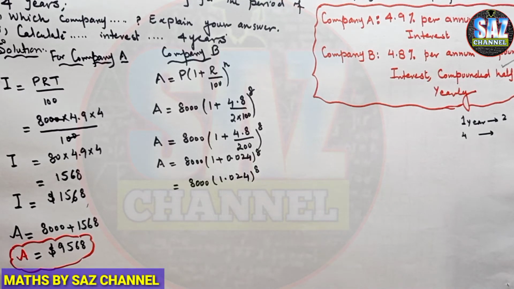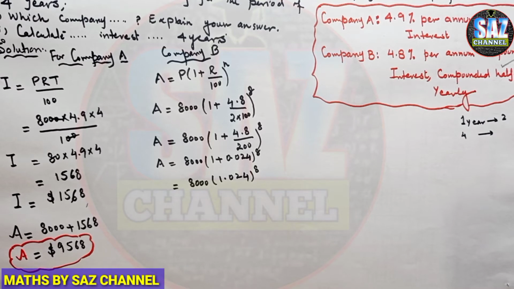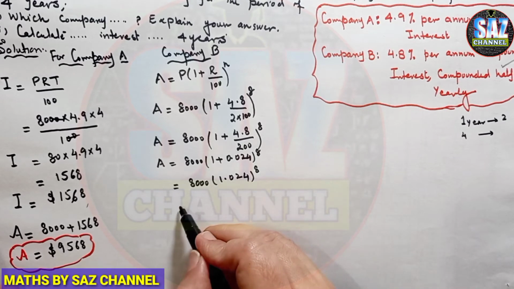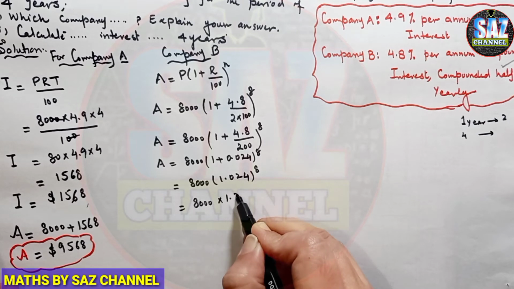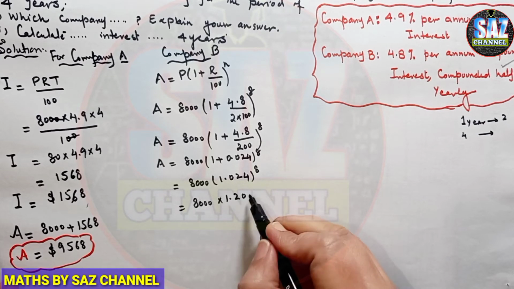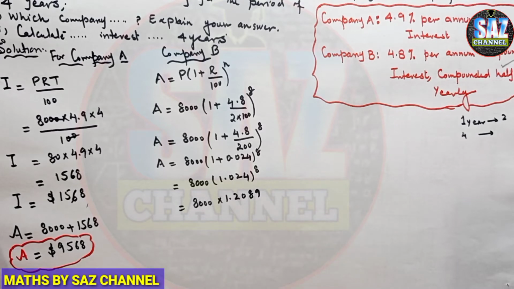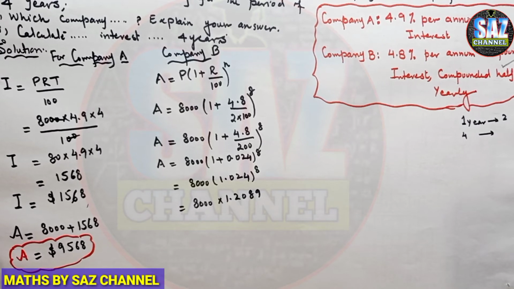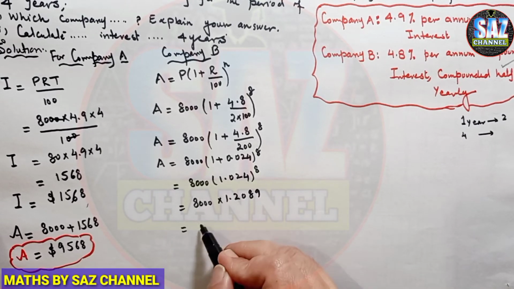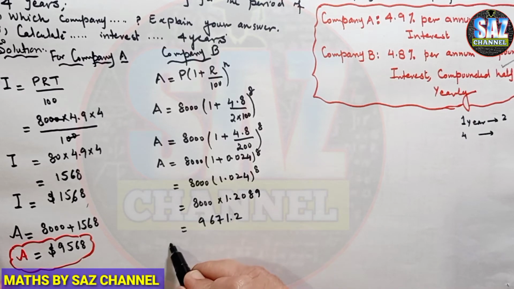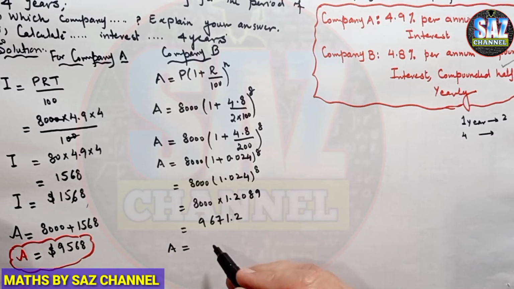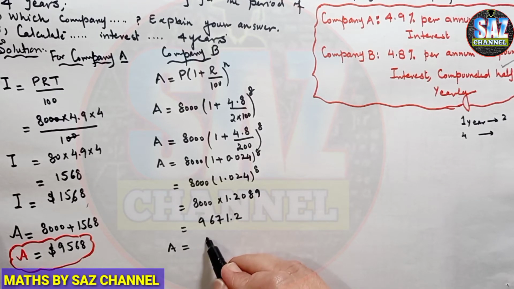Now I have to take the power 8 of this number 1.024, and this gives me amount equals 8,000 into 1.2089. Multiplying 8,000 by 1.2089, I get the answer 9,671.2. So the amount that she is getting from company B is